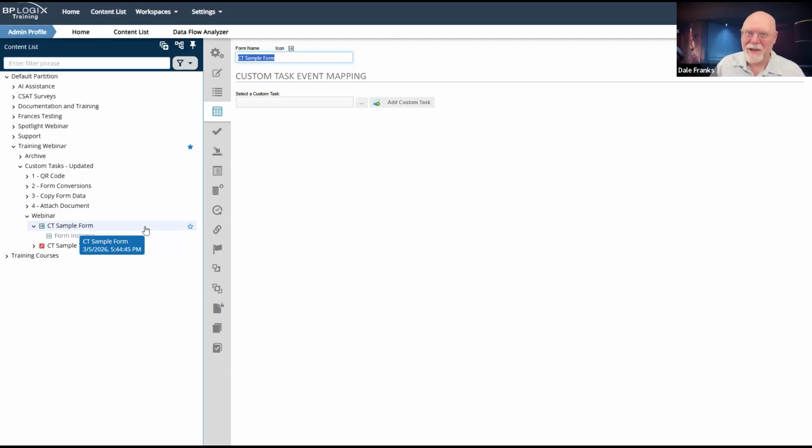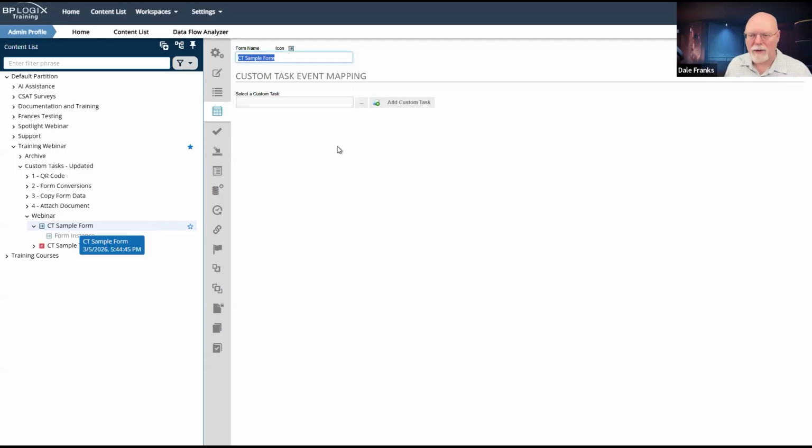Show alert custom task has to run from a form because it's all JavaScript, so it has to exist in your browser with the appropriate scripting so that if you click on a button and it flashes the alert box, it's a JavaScript alert box. That only works in a form. You just can't do that in a process timeline.